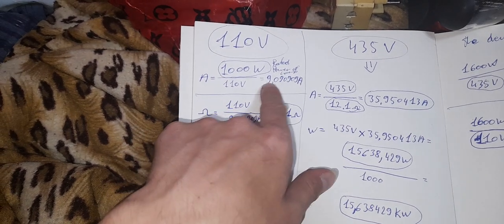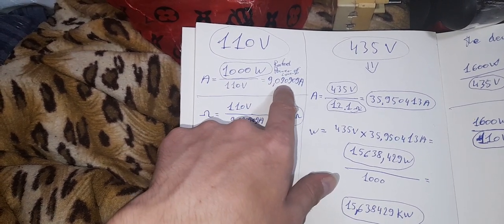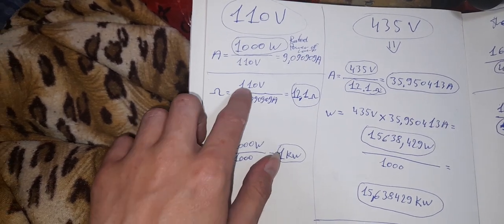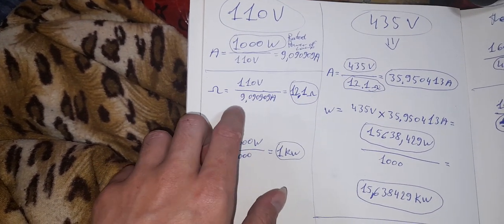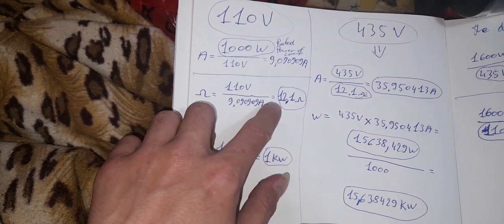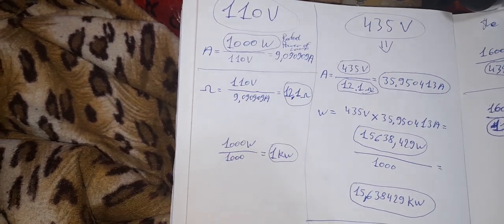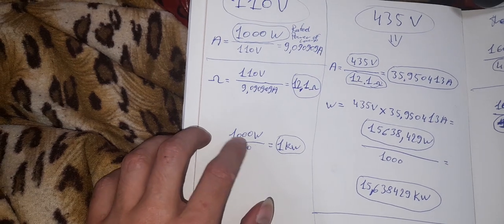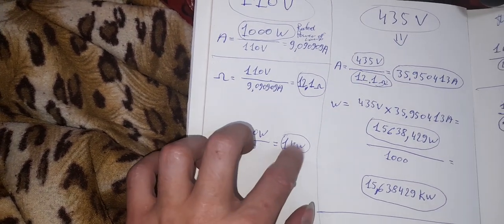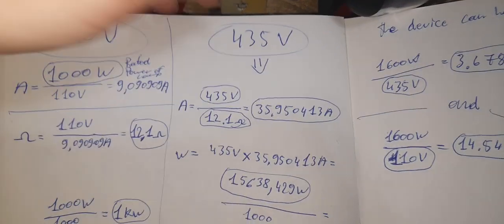amperage is 9.090909 amps, and the ohm is 110 volts divided by 9.090909 amps, equal to 12.1 ohms, and 1000 watts divided by 1000 is 1 kilowatt. And now